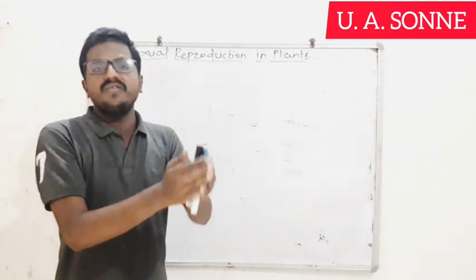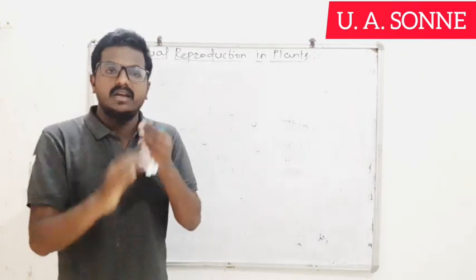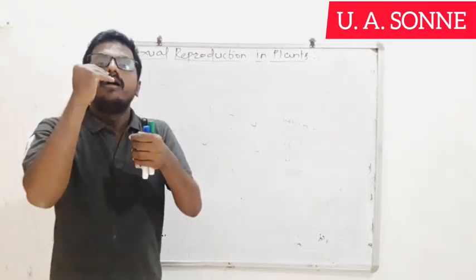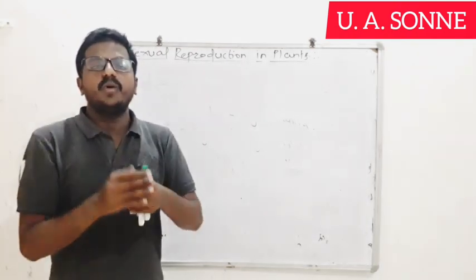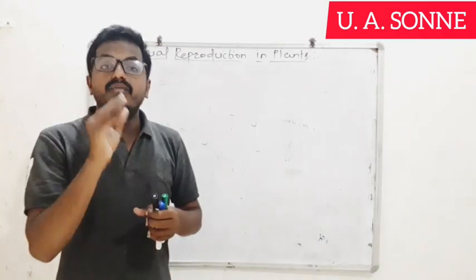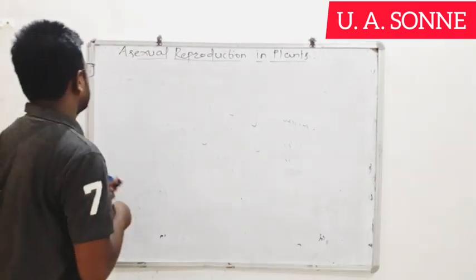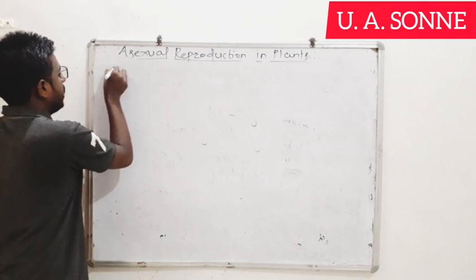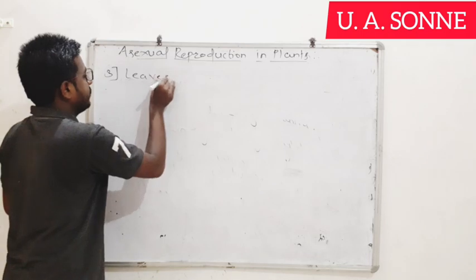In case of natural vegetative propagation, very first we have seen with the help of root, then with the help of stem, and its modifications, that is the underground stem, subaerial stem, and the aerial stem modification, which plays an important role in the vegetative propagation. In this video lecture, we will see the vegetative propagule leaf playing an important role in the vegetative propagation, that is, vegetative propagation with the help of leaves, after root and stem.